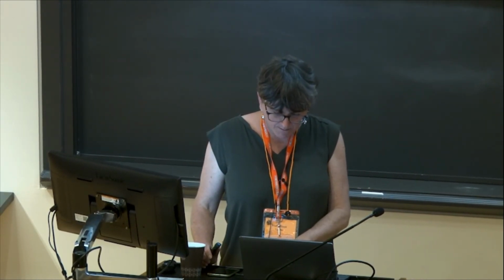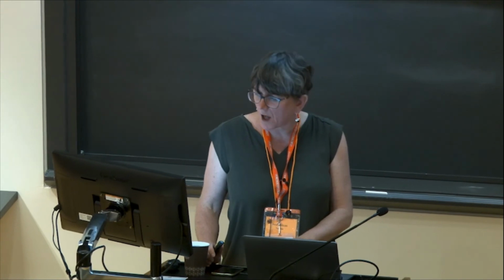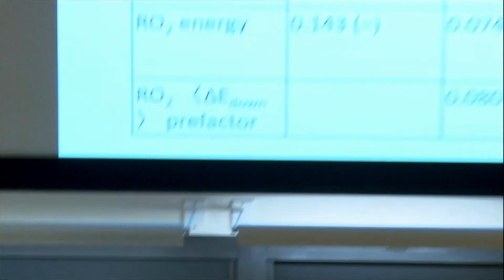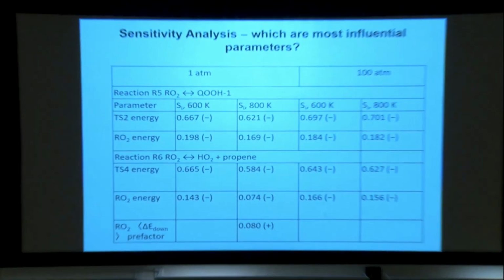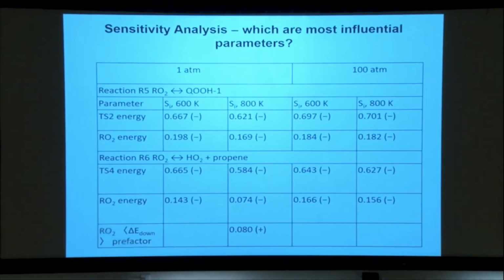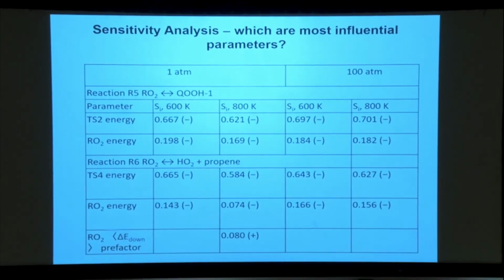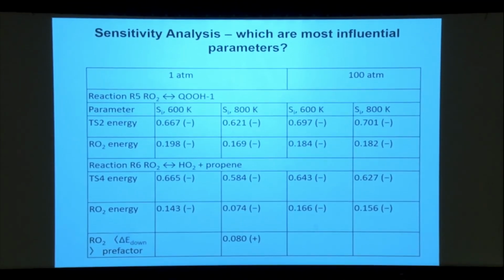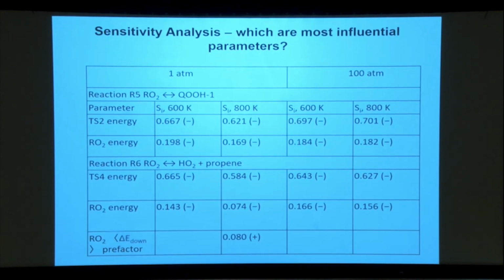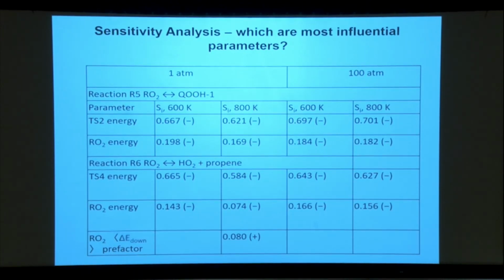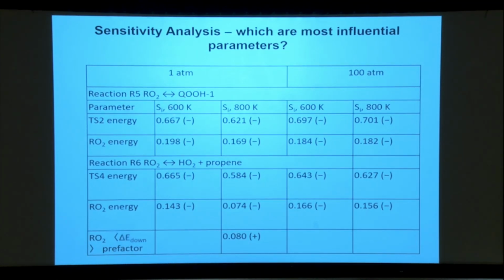Again, I'll say more about the methods on Friday, but just to show you some results. The intuitive suggestion when I asked the question is that it would be the barrier heights which were the most important contribution to the uncertainties, and that does turn out to be correct. Very good. So if we take reaction 5, which is the isomerization of RO2 to one of the QOHs, then we can look at the